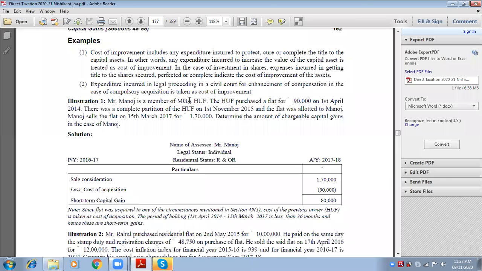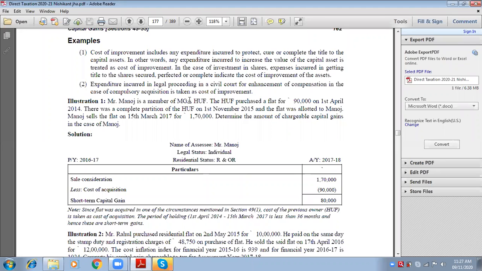So tell me, in the inner column, how many expenses are there? Nil, 90,000, nil. So add all three expenses and come to the outer column. How much will the outer column be? 90,000. Now bring this 90,000 in the outer column in brackets. Very good. Bring this 90,000, which is the total of all three expenses, in the outer column and put it in the bracket. Why do we need to put it in the bracket? Because it has to be deducted from the selling price. What was the selling price?